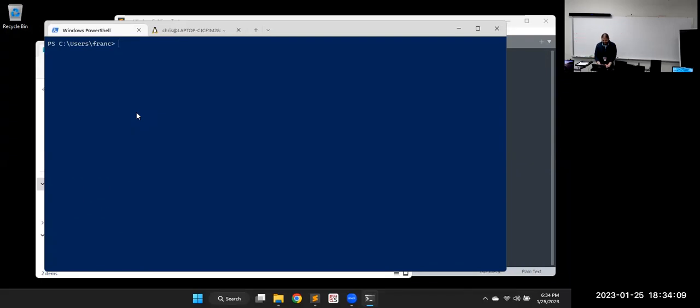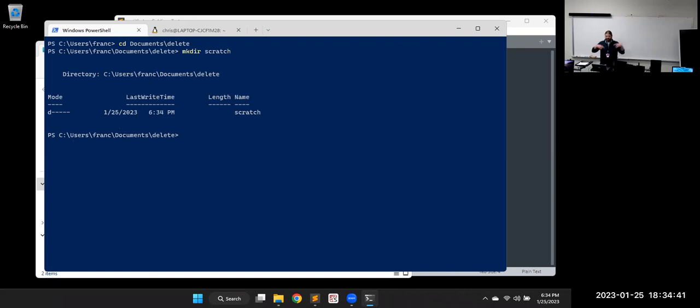Like I have a working folder, so I'm going to navigate with CD, which has a big difference. So CD documents/delete, and that got over to the little scratch folder I always use here. Go to this location and then maybe let's make another folder. Make directory, mkdir, and I'm going to call it scratch because I'm going to delete this one. That's not important. And it says it created it.